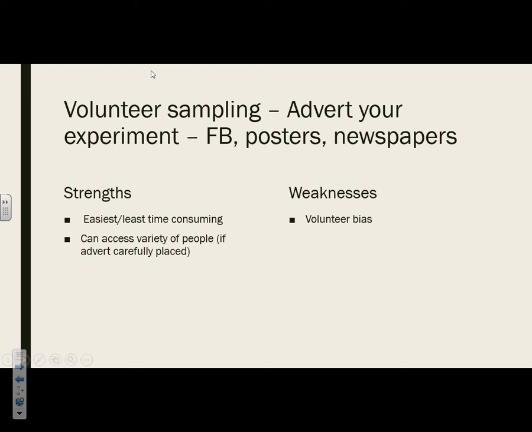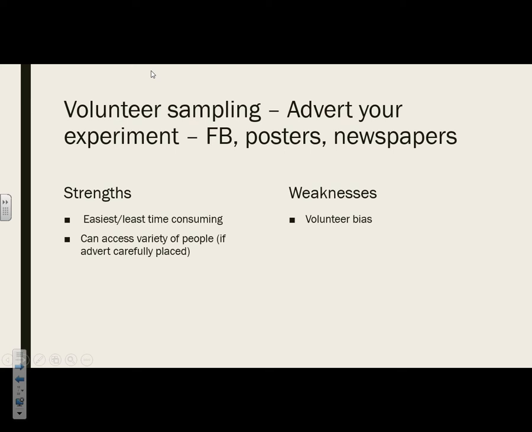However, there's a problem with volunteer bias, so you'll get a certain type of person. Certain types of people volunteer, very helpful people volunteer to be in studies, or people who are interested in the research. That of course reduces the population validity. So for example, you could argue that if it was education, chances are it would be disproportionately female, whereas if it was about leadership, potentially it would be disproportionately male,